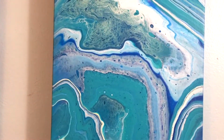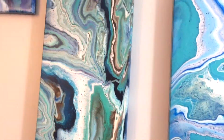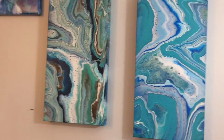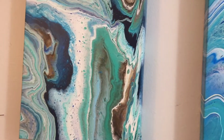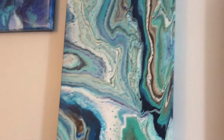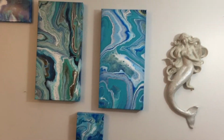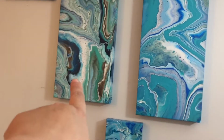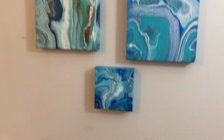No bumpiness, no crinkliness. I've had some crazing in some of my pieces, so I'm doing a lot of them over. So anything that just doesn't dry well, or the colors look off, I'll just redo them. But these came out really good. I love them. This one I'm calling Blue Lace, and this one is Turquoise Dreams, and this little one right